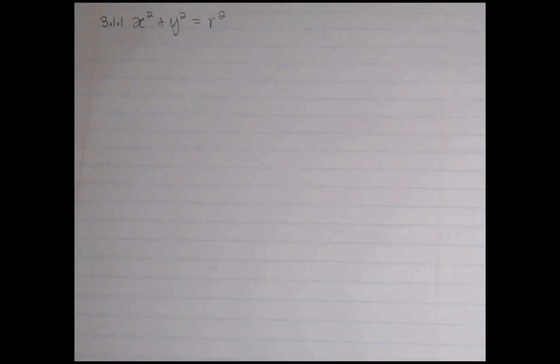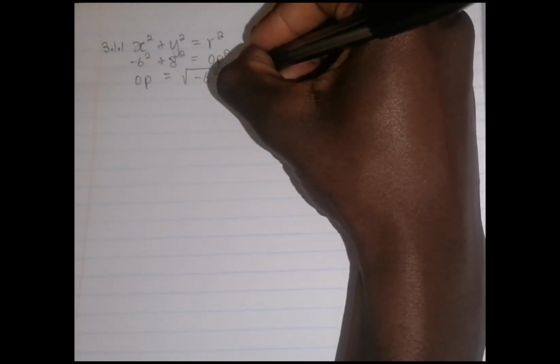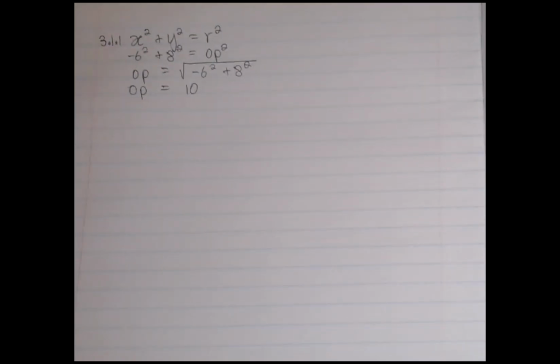Now we're going to substitute our values. Our x value is negative 6. Negative 6 squared plus 8 squared is equal to OP squared. OP is equal to the square root of negative 6 squared plus 8 squared. OP is equal to 10. Therefore, you're done with 3.1.1. Now 3.1.2,